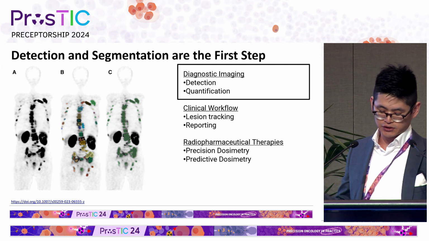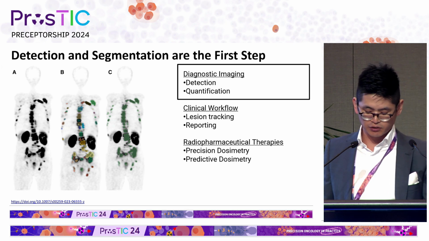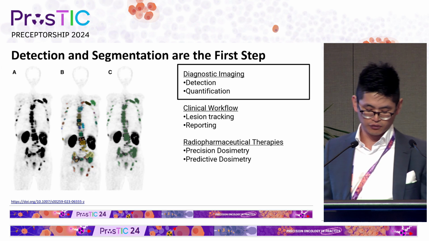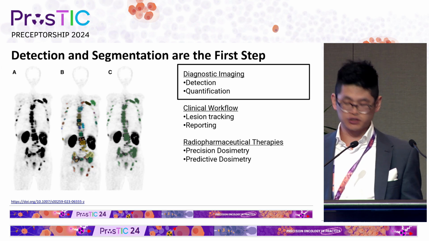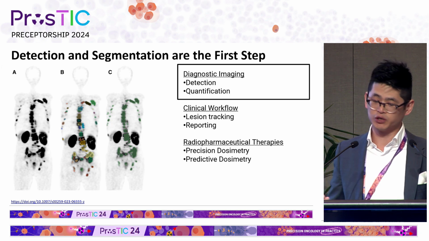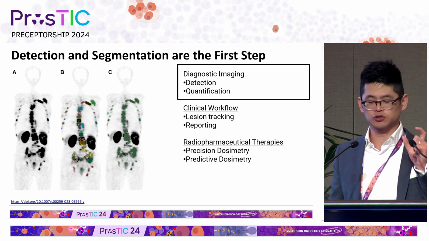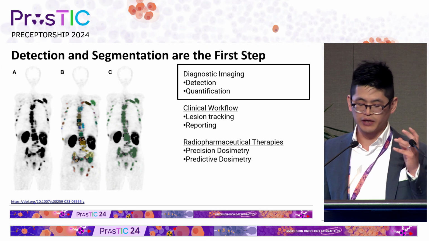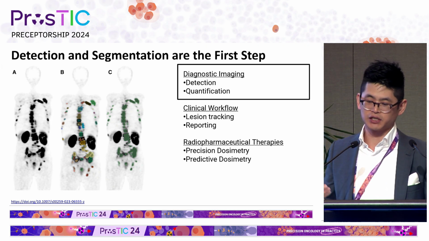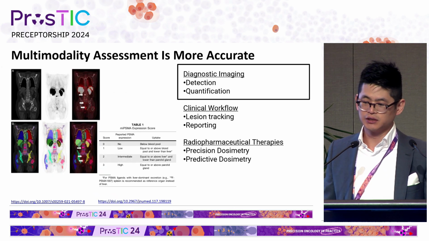AI was trained on this study, and then to assess performance, they looked at the patient level, then the lesion level, and finally at the voxel level. And they were getting patient level accuracy of around 83%, lesion level detection with F1 scores around 93 to 97%, but at the voxel level, they're only getting the DICE coefficient scores around 65 to 70%. So really that segmentation is still a challenge.